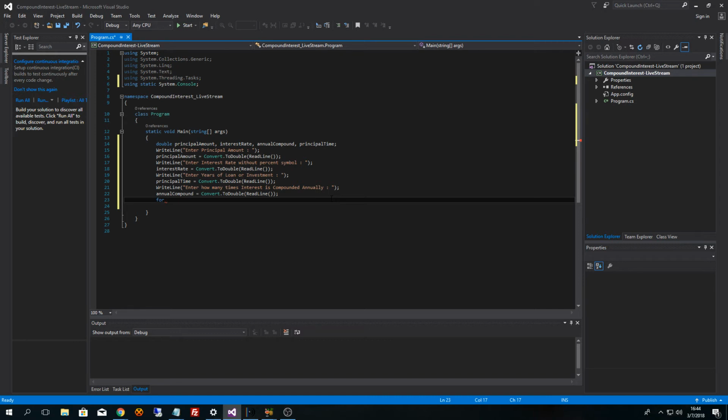So we'll go ahead and start writing. We got the for loop written, and we'll do parentheses, and we'll define an integer. Call it t for time equals 1, semicolon. And then if t is less than years plus 1, then add 1 to t. So that's basically what it says. We defined an integer t, which is going to equal 1, and if years is greater than t, it's going to keep